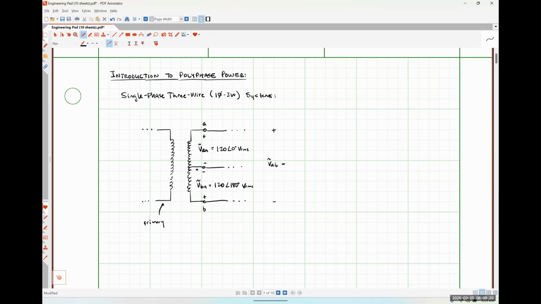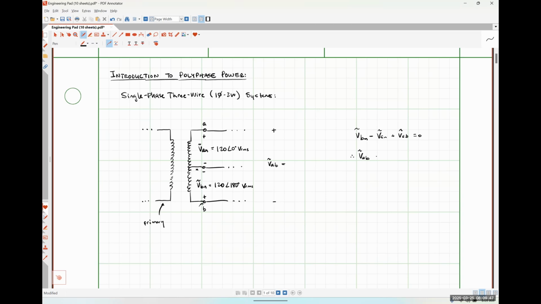So if we started down here, we would see the positive polarity terminal of VBN. So we would have VBN. Then we would see the negative polarity terminal of VAN next. So we'd have VBN minus VAN plus VAB is equal to 0,